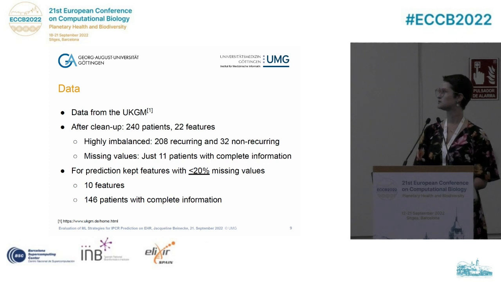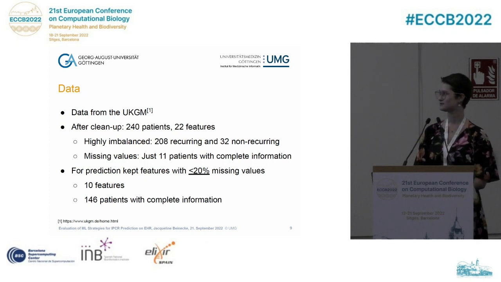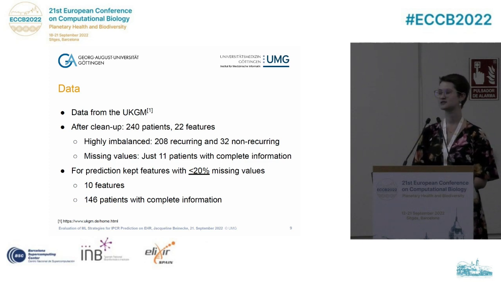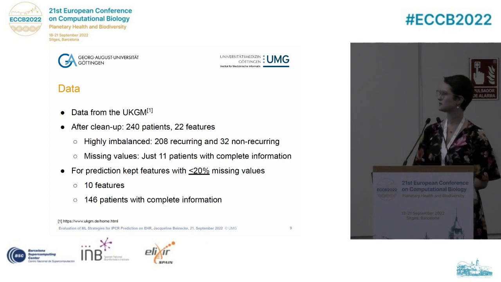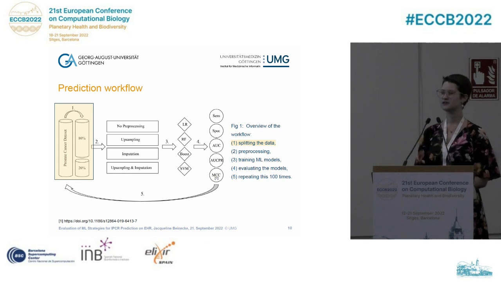To combat these 11 patients with complete information, we looked at the features, and we decided to remove all features that had more than 20% missing values. In the end, we remained with 10 features, and now we had 146 patients with complete information. The features included things like the PSA values, the doubling time of PSA values, also Gleason score, and some more. Now to our prediction workflow: at first we split the data into training and test by 80-20,